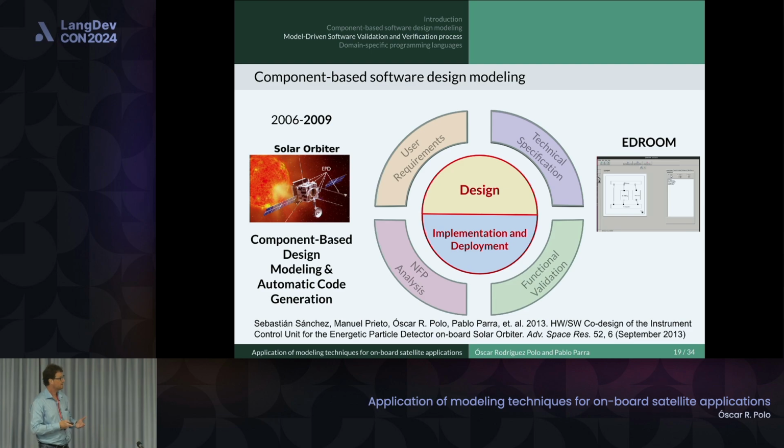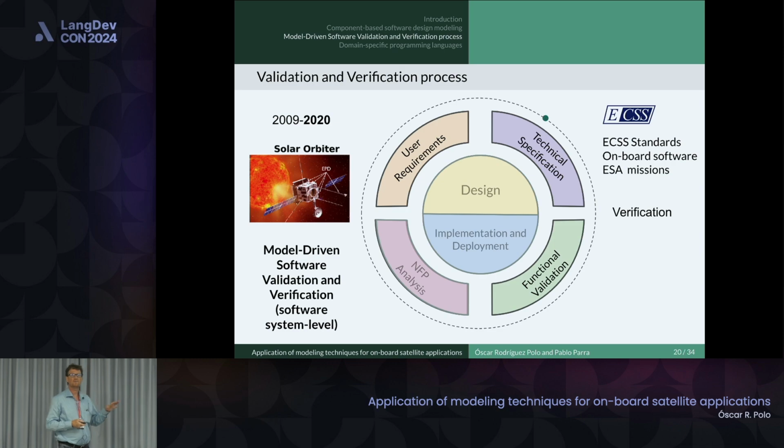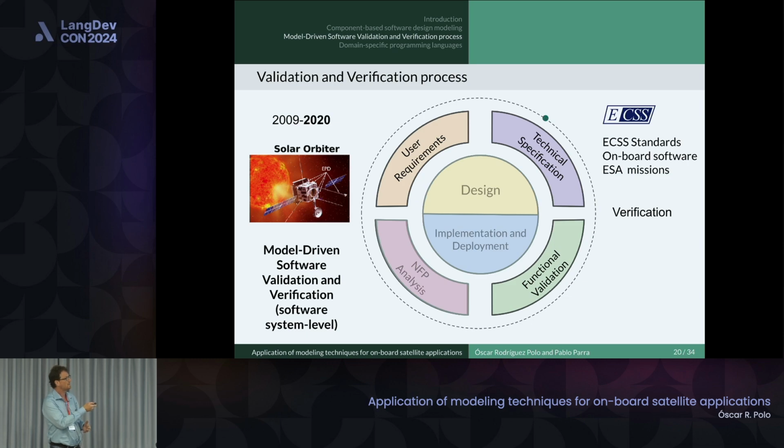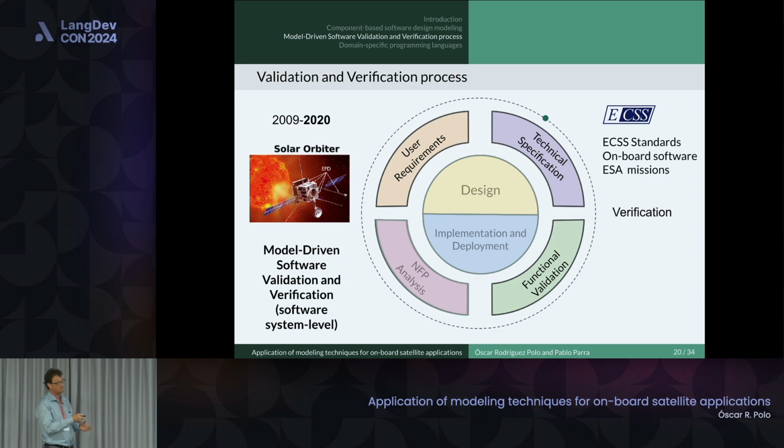So after that, we tried to cover other aspects of the software development as a proof of concept. We didn't want to build a professional tool, but we wanted to prove that we can do things in another way. We tried to cover these other activities: the user requirement definition, technical specification, functional validation, and the verification of the requirements for the validation